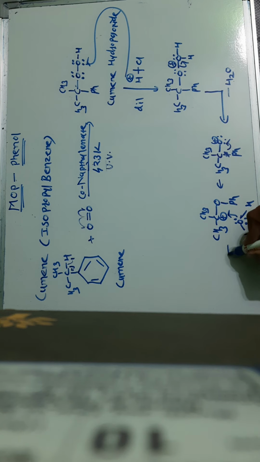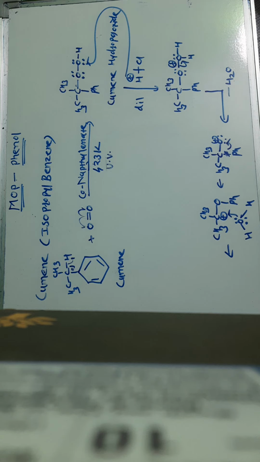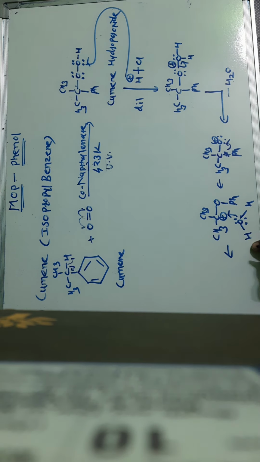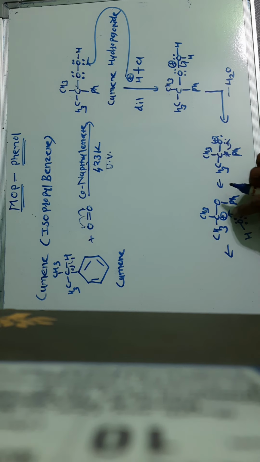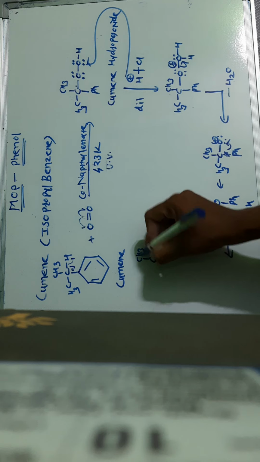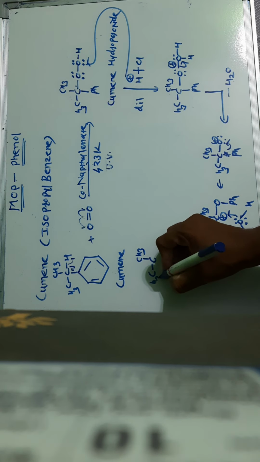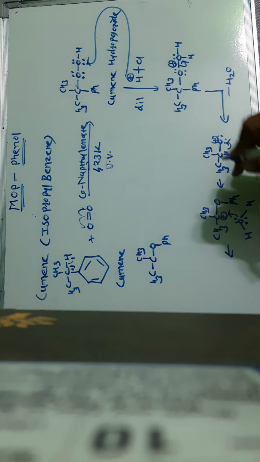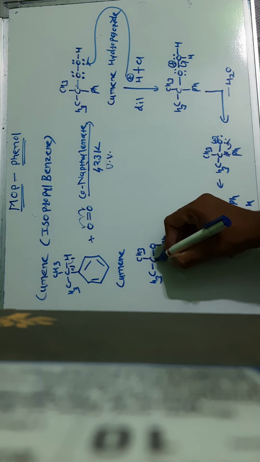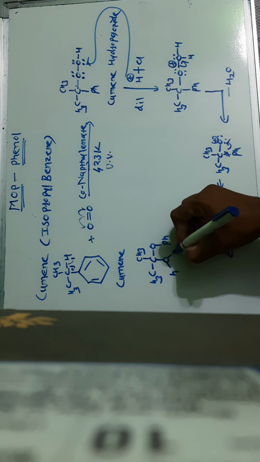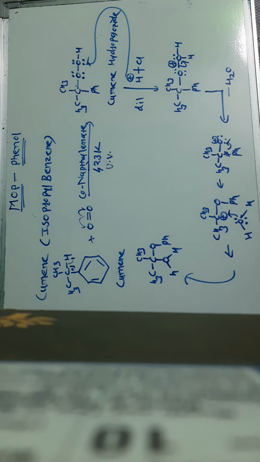In this way, now what will happen? Just we can write here. Next step, what will happen? This oxygen gives the electrons to this carbon, CH3, CH3O. Okay, and this is the phenyl group, and this carbon acquires the electrons from the oxygen atom, and we can see here this species can be formed.